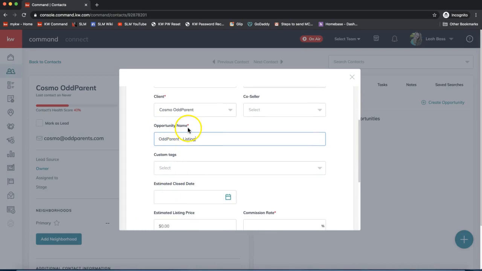All right, opportunity name. So the next field that has this red star, and this is an important one. So the opportunity name, we want to put in the property address if we know that. That is how your office staff looks for your opportunity to put things like the earnest money check or deposit and so forth. So if you know the property address, let's go ahead and add it in. Of course, if you're representing the buyer, you won't know that out the gate, and that's okay. I'll show you how you can add it. But let's go ahead and put in